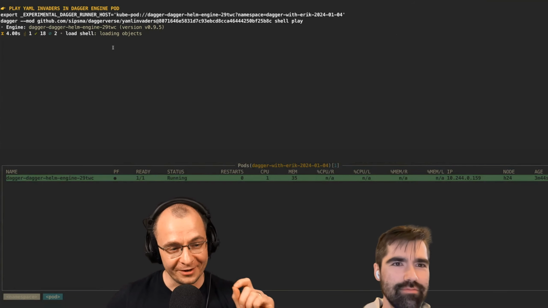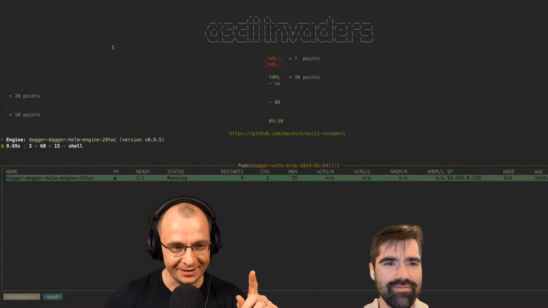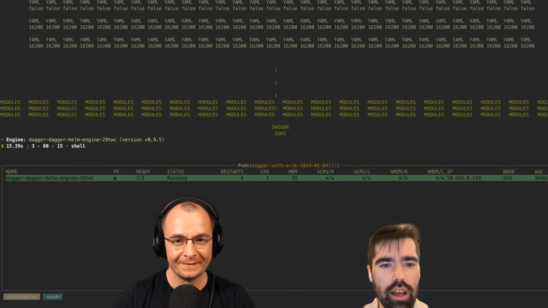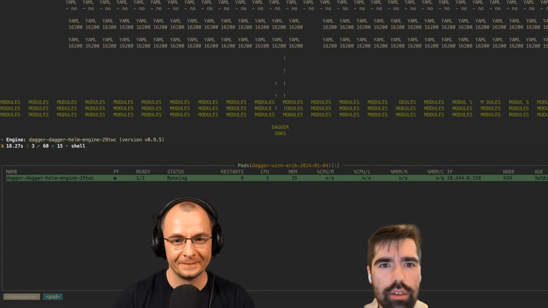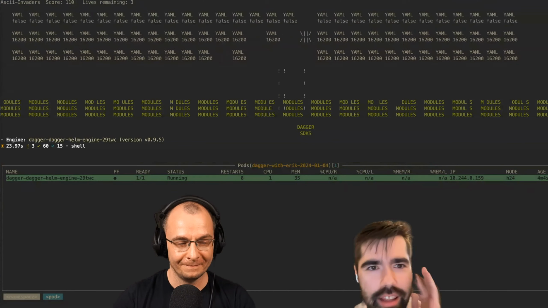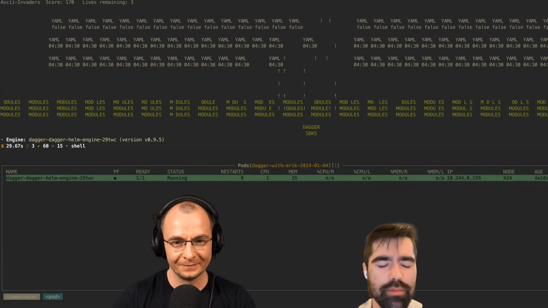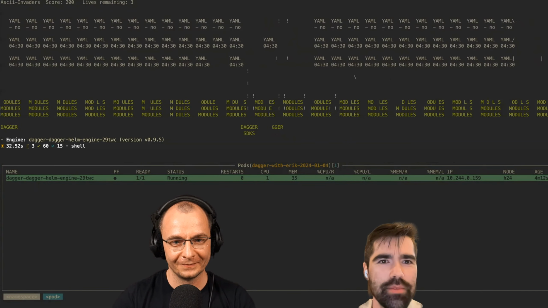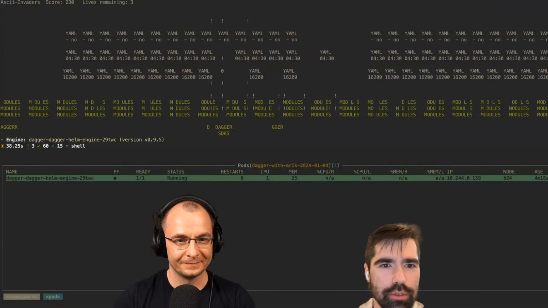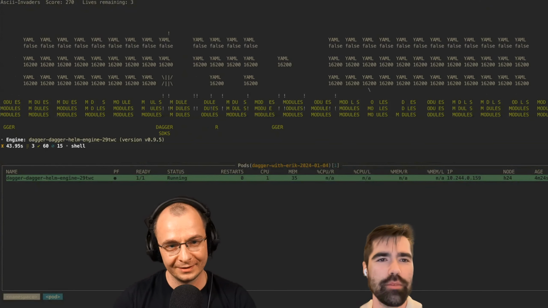This is one of my favorite things to do. It started as a crazy conversation. It was, I think, Erik's idea. So what's happening now, Erik? So now you're running a module with a shell, so you can hook up an interactive shell to a container returned by a module. And this one is, we found some ASCII Space Invaders implementation on GitHub, just a random one, and then modified it a little bit to allow you to use the Dagger SDKs to destroy YAML, our arch enemy.